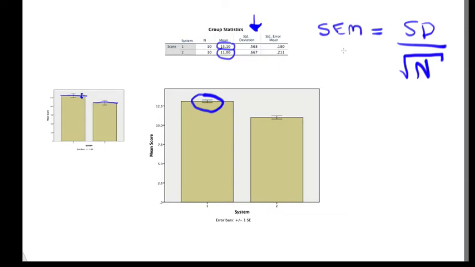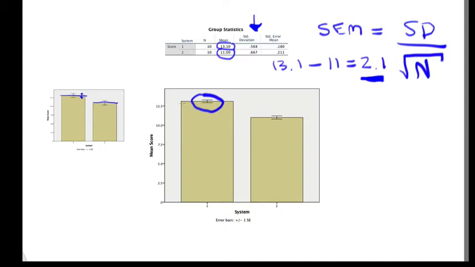So what can we tell from the standard error? Well, we can use the standard error sometimes to make inferences about the population, in particular whether the difference in the means, in this case the difference between 11 and 13.1, 13.1 minus 11 equals 2.1, whether that difference of 2.1 is statistically significant. I say sometimes. In this particular case the error bars are not telling us anything helpful, and the reason for